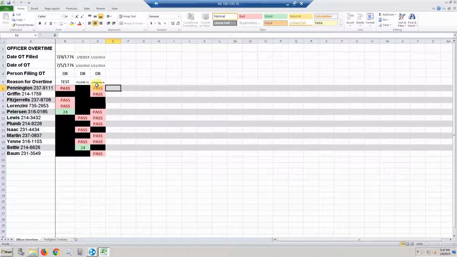The most important thing to remember is that each column represents a shift of overtime you're filling. The column should be completely filled if you start it, with the rare exceptions of military leave or work comp, which I'll cover in the next video. X's for black, type pass for passes, and any number between 12 and 24 to indicate that someone has taken the overtime. The next spot you fill either starts over and down at the next person in the new column or at the top of the column if it's completely